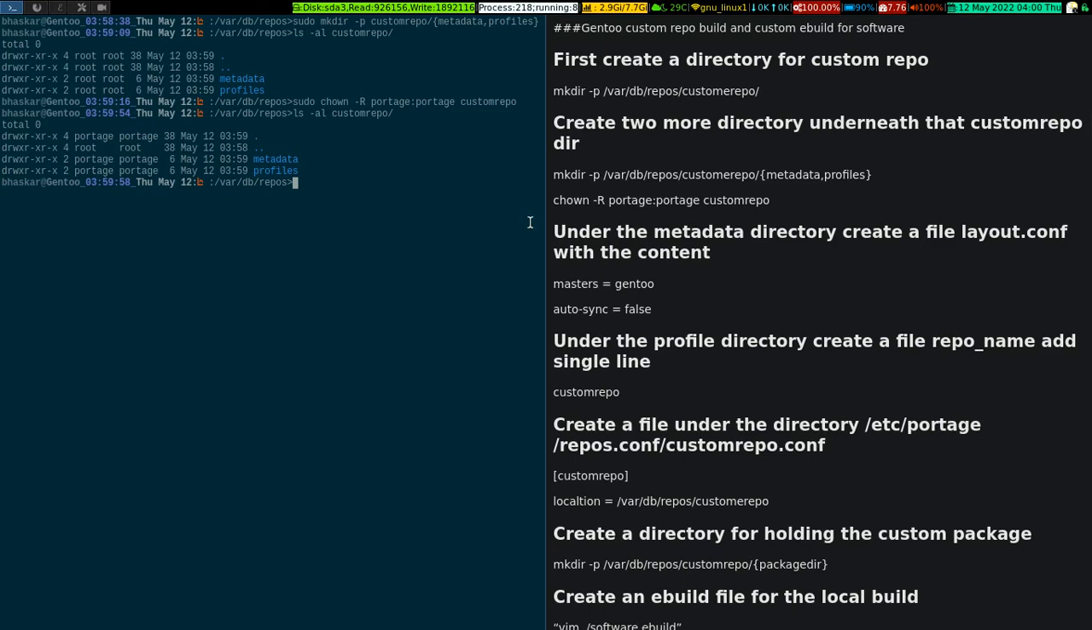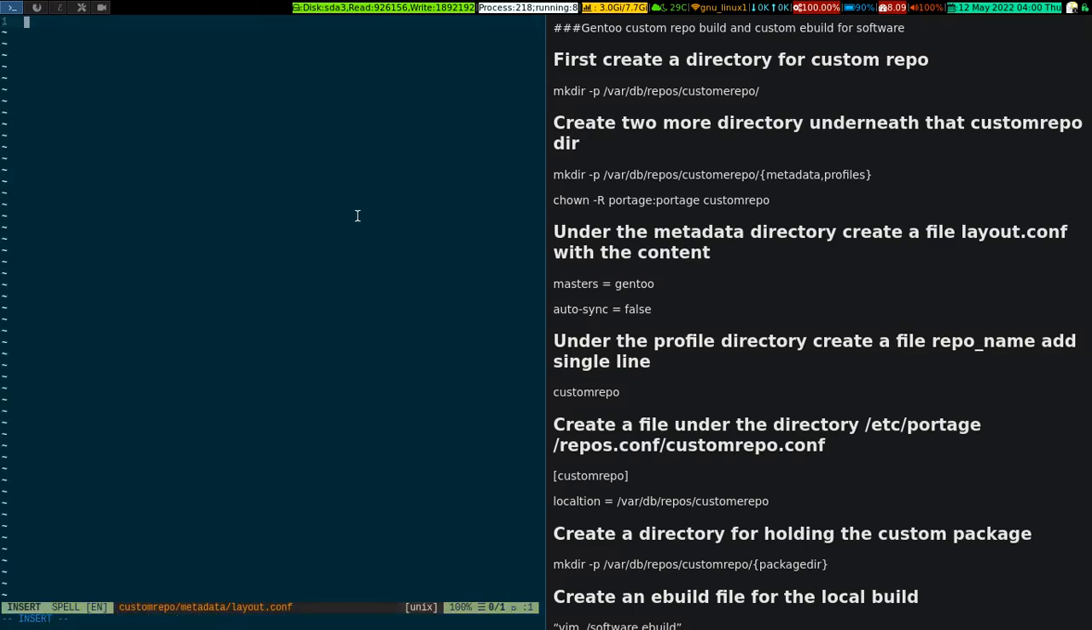Okay, so the next thing is that we need to create a file called layout.conf under the metadata directory. So CustomRepo metadata layout.conf, which is supposed to have two lines as mentioned in my note. masters equal to gentoo and auto-sync